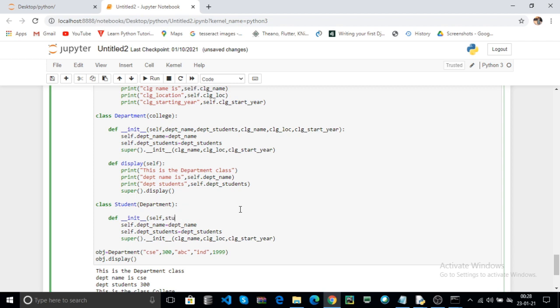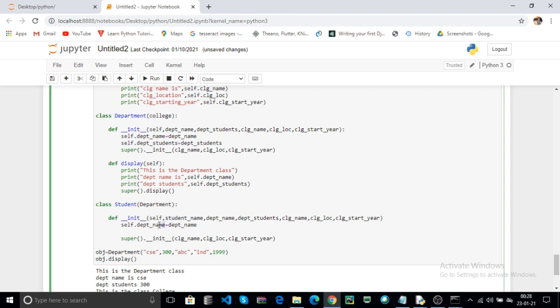Self, student name. Here all your child class constructor parameters are required. Now the self contains only the student name.